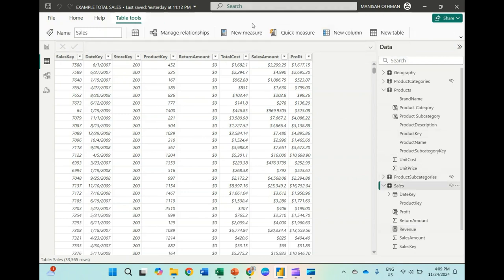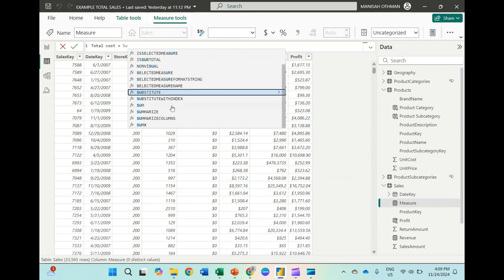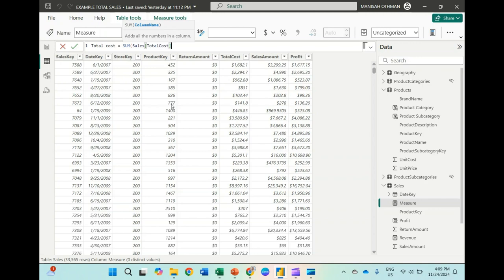Okay, new measure. Want to calculate the total cost, new total cost, which is considered only 95%, because you have to minus another 5%, isn't it? 95% only we consider. Okay, all right. So sum sales total cost times by 0.95.